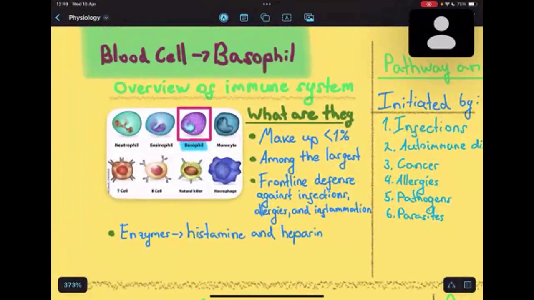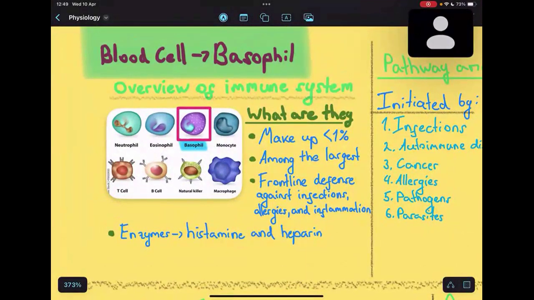So basically, there are three types of white blood cells, and they also differentiate, as you can see, into other branches, but they're granulocytes, monocytes, and lymphocytes. And basophils are one of the three granulocytes. They're the smallest in number, making up below 1% of granulocytes, but the largest in cell size, and they play